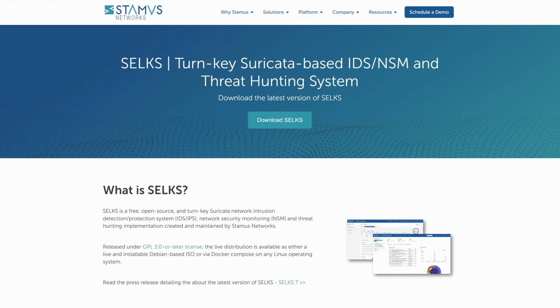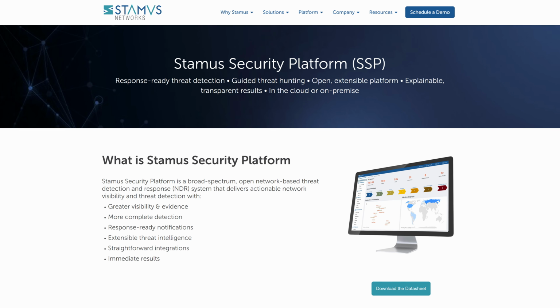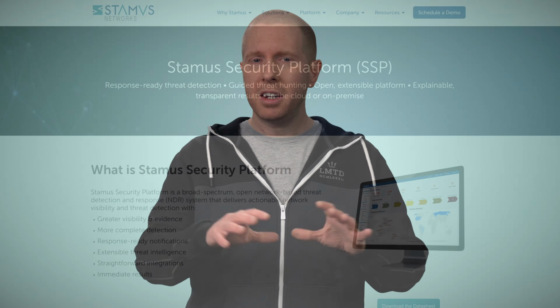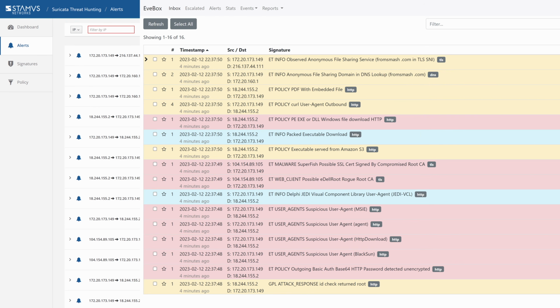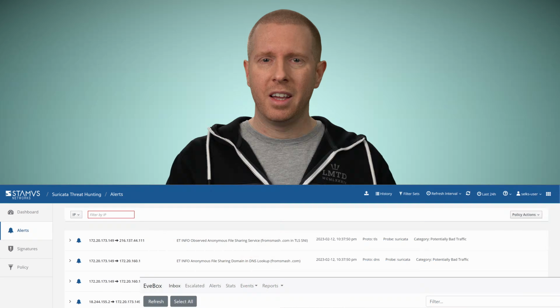A couple of other tools you might also be interested in are Selks and IDS Tower. Selks is the free community edition of Stamus Network's commercial product built on Suricata. I didn't cover it here because although it has its own user interface, it also bundles Elasticsearch with Kibana and EveBox, so there's a lot of overlap. It also means it has 3 entirely separate interfaces for viewing the same data. I kinda wish they just concentrated on their own interface and pulled through a few dashboards from Kibana or something, instead of just chucking everything in there.